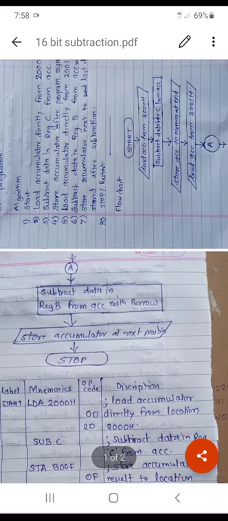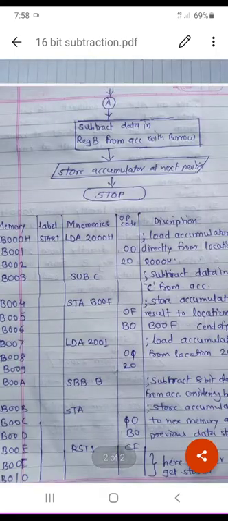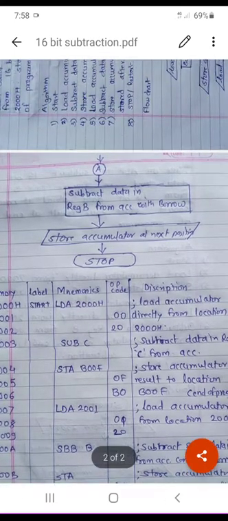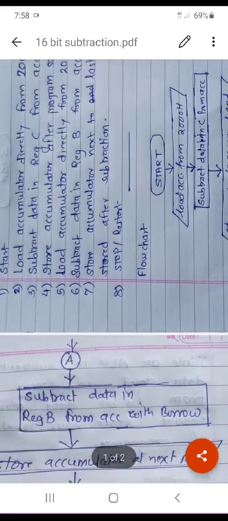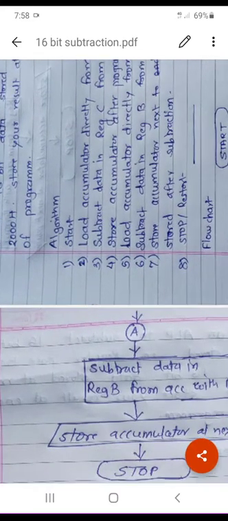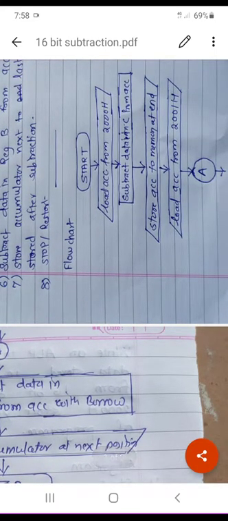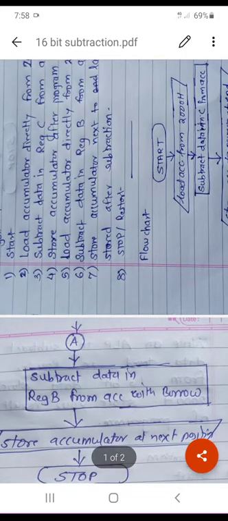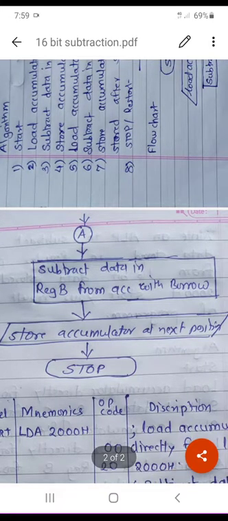I draw the flowchart over here. You have to just copy this flowchart. Now coming towards coding. In this flowchart, the important thing is that I am drawing this connectivity part A. In the previous flowchart I did not draw this; I fully drew the flowchart on a single page, but for this I am drawing it half on one side and half on the other side with connectivity block A. Why? Because you should know that when we draw a flowchart and it ends on the next page, we have to do connectivity. So A is the connectivity block, it makes connectivity with the flow.